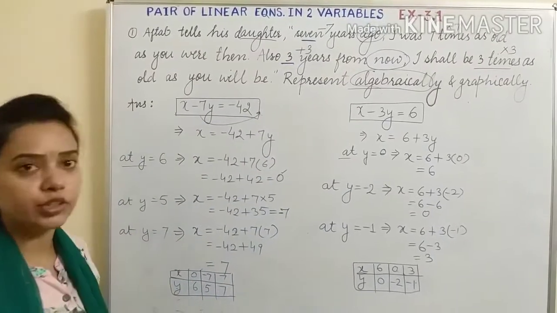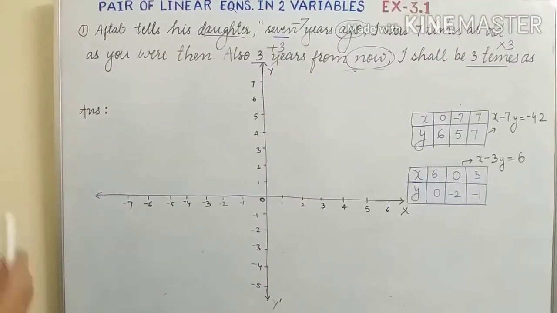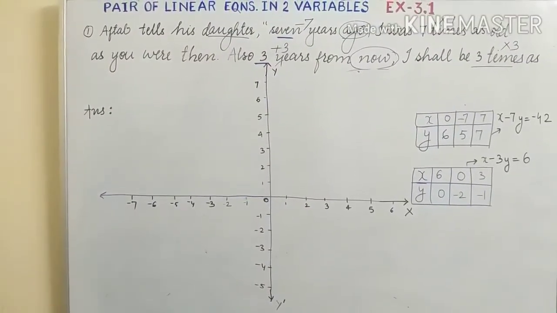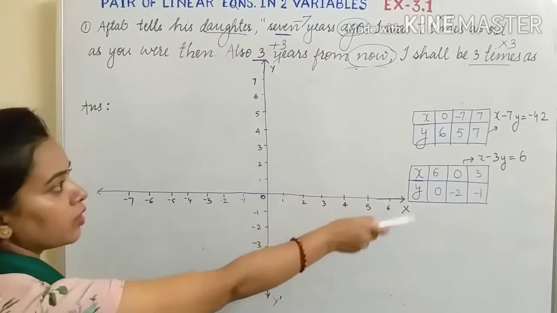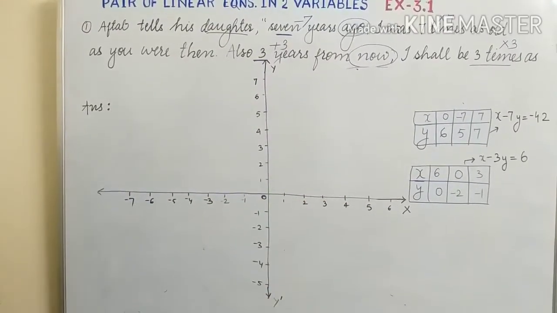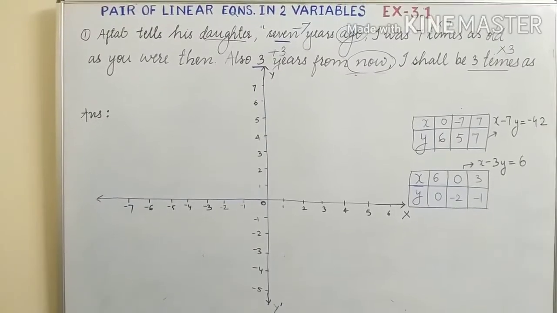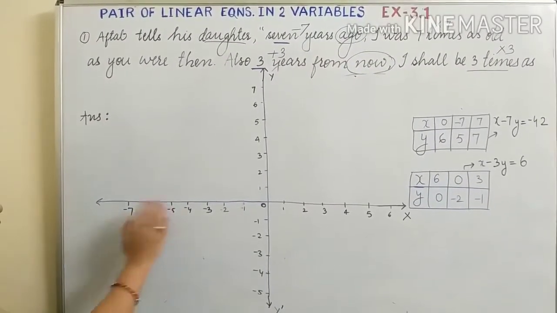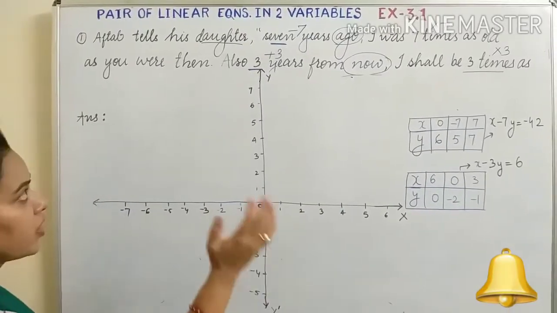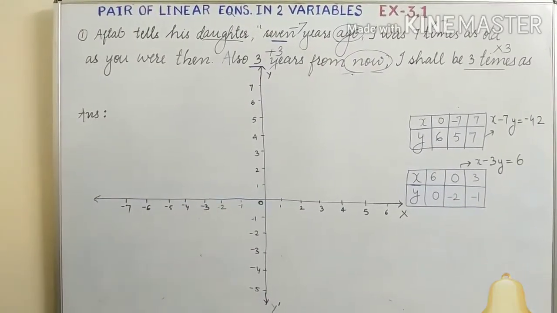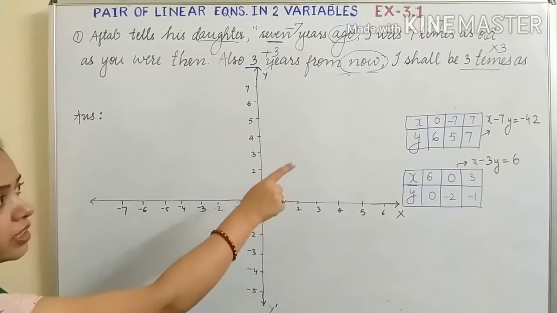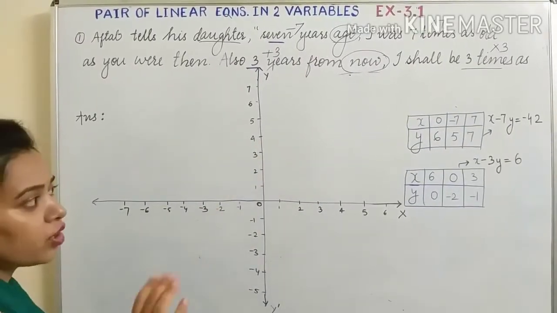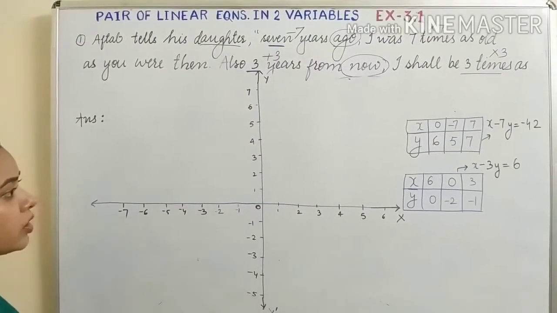Now we will plot the graph for these values. I have made these boxes here and also written the corresponding equations with them. Now how do we get to know the limit up to which we have to plot for the positive and negative x-axis and y-axis? You just see the box.